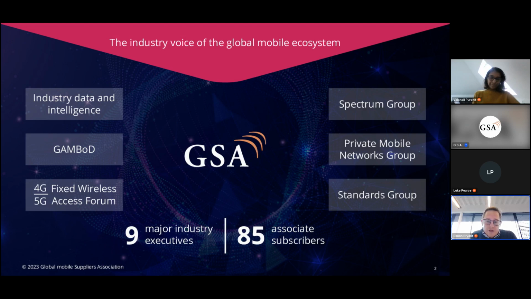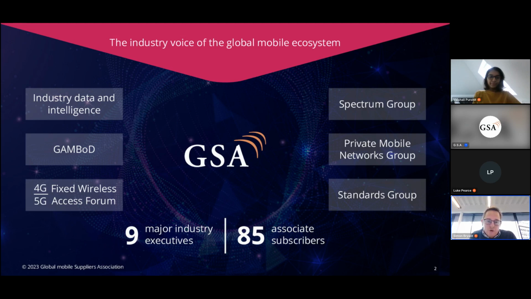We provide research and statistics covering several 3GPP related areas. The research is based on extensive desk research that's conducted every day. And in some cases, we're using primary data supplied confidentially by members of the GSA via the research team. The fixed wireless access survey that I mentioned is a good example of this methodology being used. We have free and member reports that dive into these areas, tracking development globally.